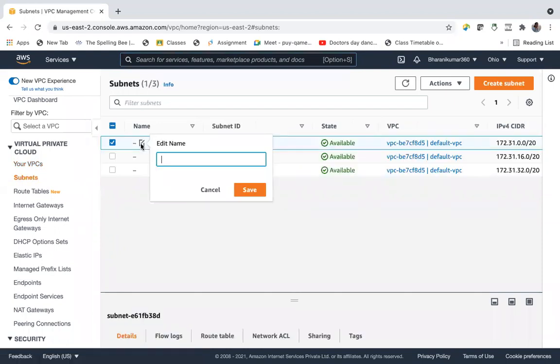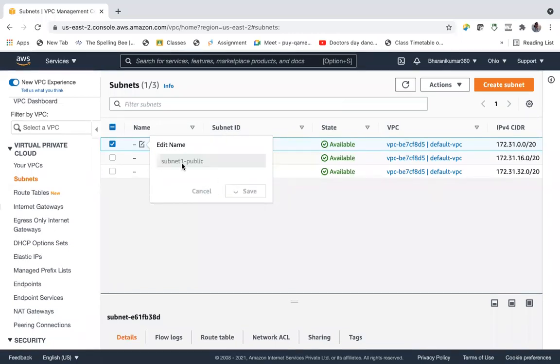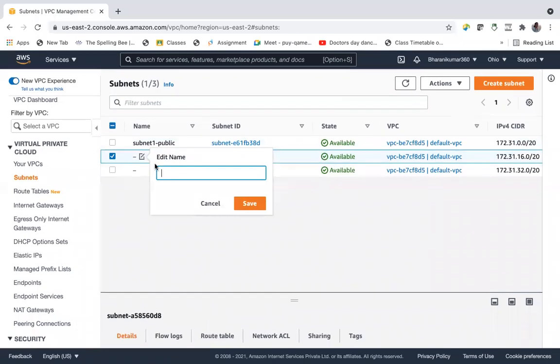Already all these are public subnets, we know that. Subnet 1 public, because all they have internet gateways attached to their route tables, right?